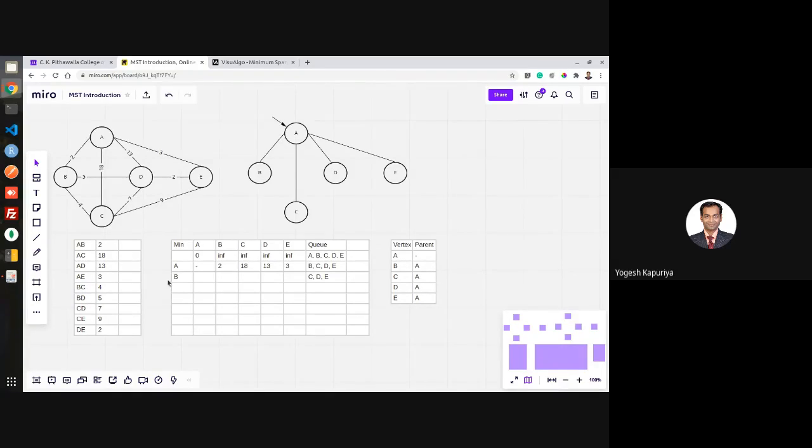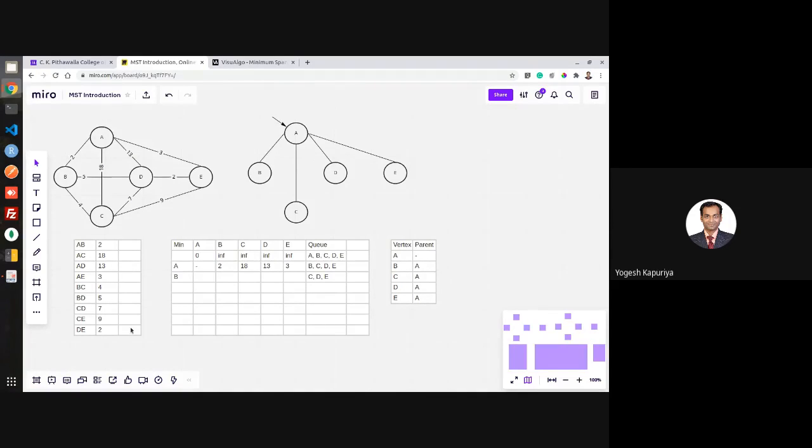But at the time of checking the endpoints, you have to check whether the other endpoint is also in the queue. So if you go for AB or BA, the other endpoint is A and A is not inside the queue. So what it means, you are not supposed to look at this edge.